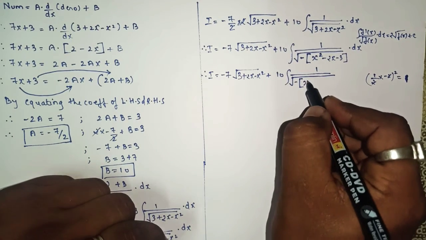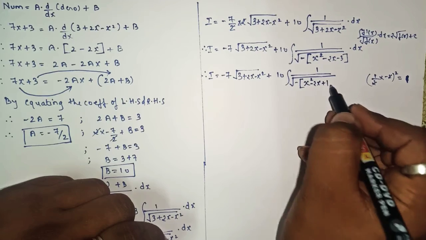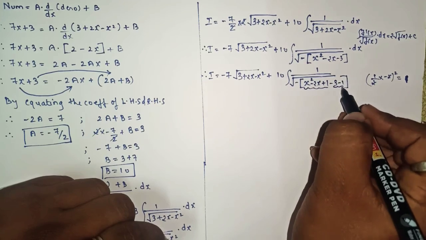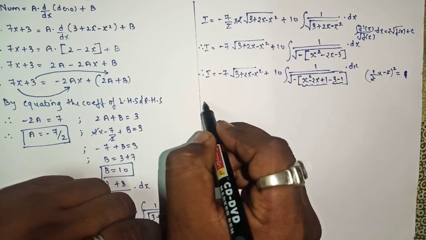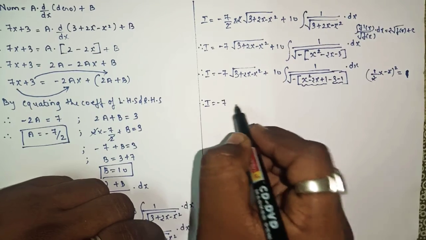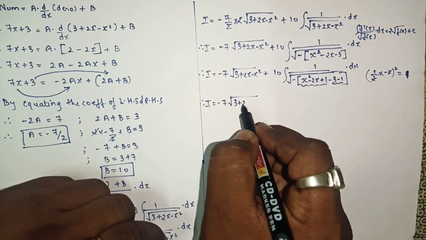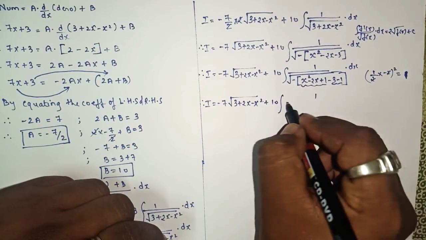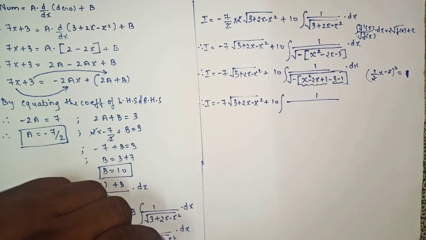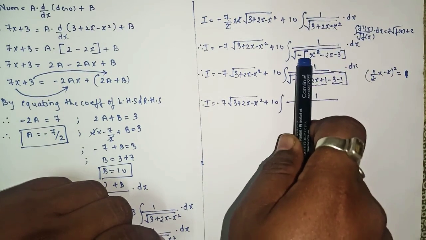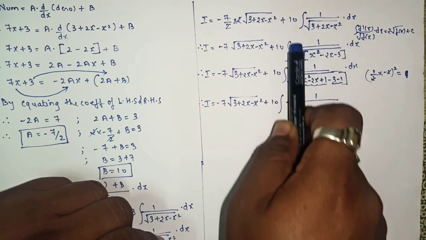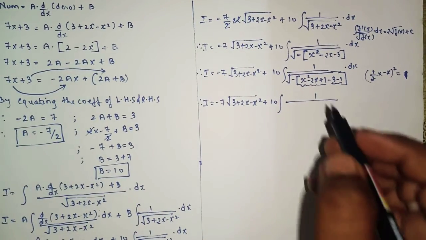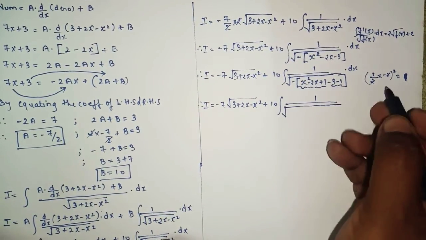So here we'll add 1 to the alphabet and we'll subtract the number with number. I hope you all might be knowing all these steps. Okay. So after this, I equals to minus 7 root 3 plus 2x minus x square plus 10. This is the format. Whenever the symbol of x square is negative, first make it positive. Write the minus inside the root only. Don't bring this minus outside. Got the point? Okay. Then after that go on solving the sum by using the third term.